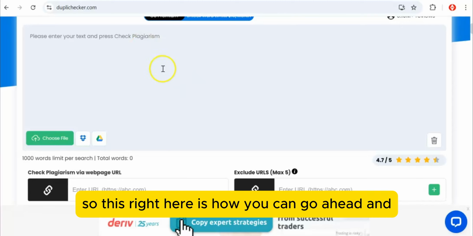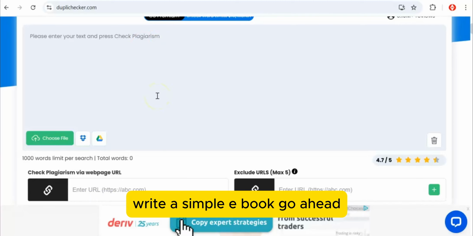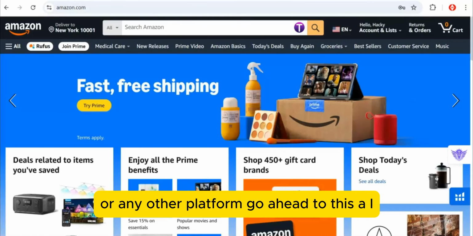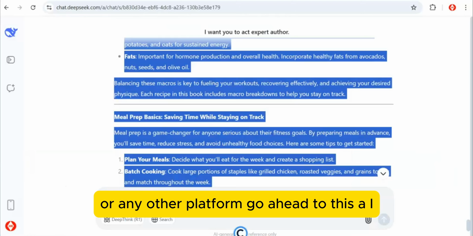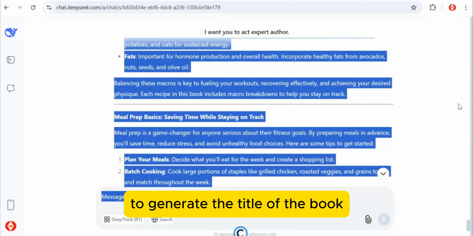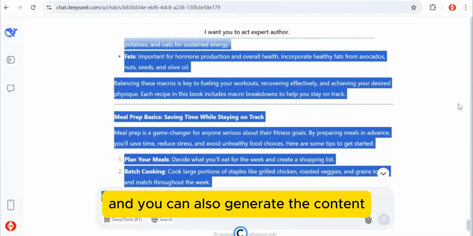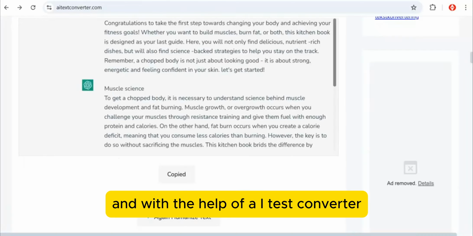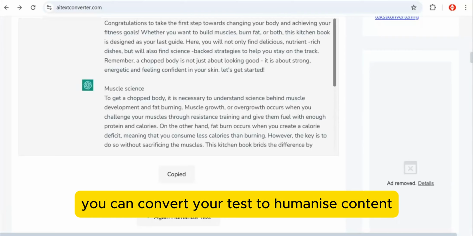So this right here is how you can go ahead and write a simple ebook. Search for a free keyword on Amazon or any other platform. Go to the AI and use the prompts I provided to generate the title of the book. You generate the outline and you can also generate the content, and with the help of an AI text converter you can convert your text to humanized content.